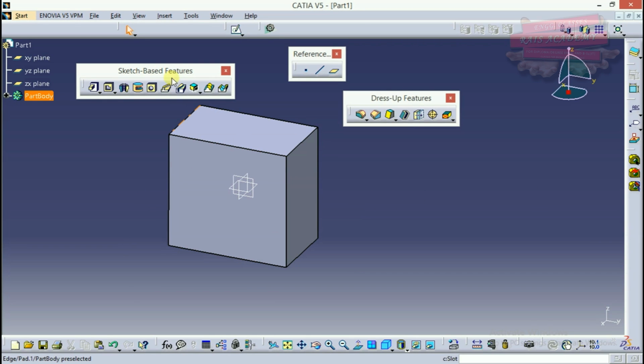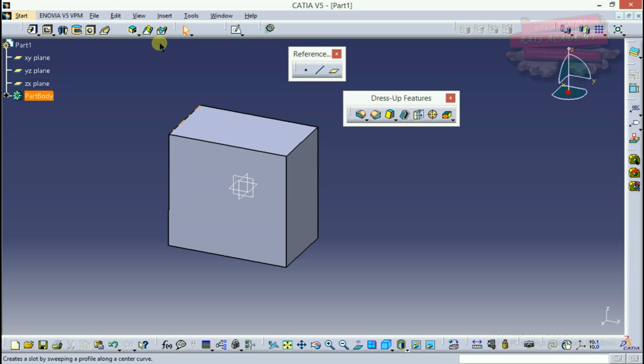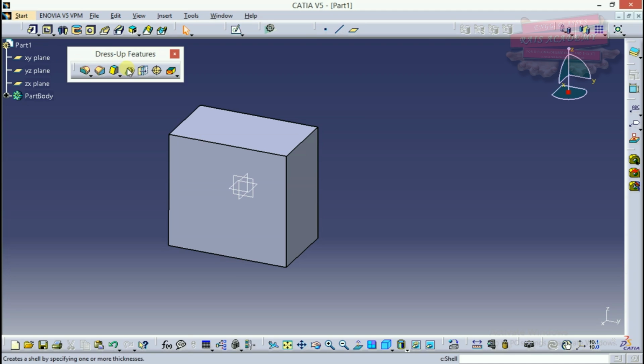Now I'll use the feature which we are currently going to use. So first we'll select, in the dress up feature, fillet. In this we are going to see only the first type of fillet.